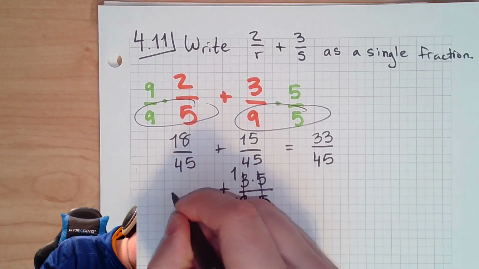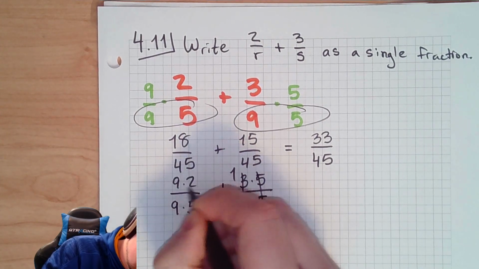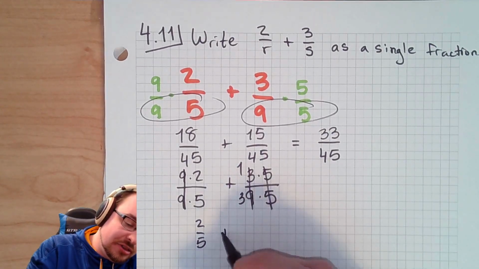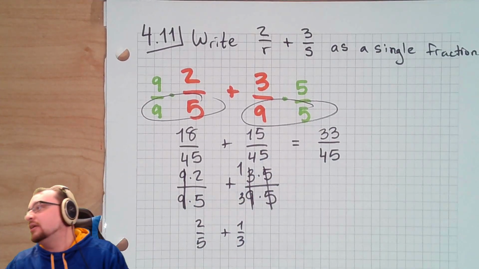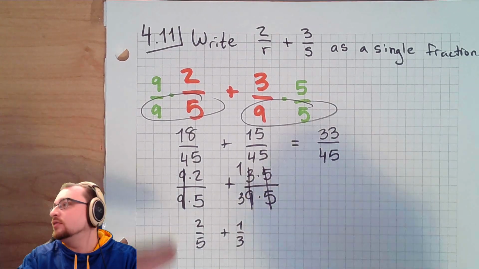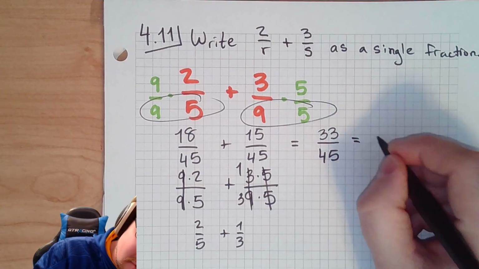And then over here, I can also divide out stuff. I've got 9 times 5, and I've got 9 times 2. Now you'll notice if I do this, I get 2/5 and 1/3. Now I don't have common denominators again. Well, I could go back through that and times by 5 over 5 and 3 over 3 if you wanted to. That's fine. Or you could just go here while we have a common denominator and rewrite this as 3